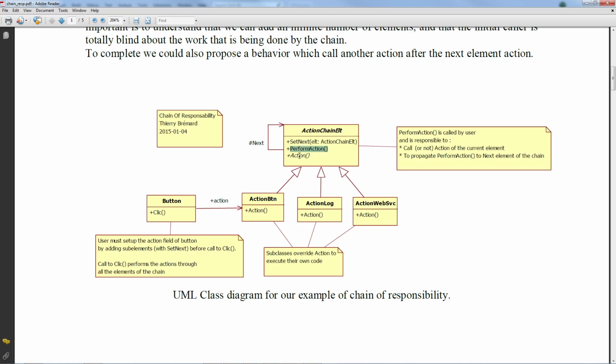Or you can also say, I will first execute the next one and then execute my operation. This is open to discussion depending on your software architecture and your own design, but you have to be aware that you can discuss these rules while creating the pattern.